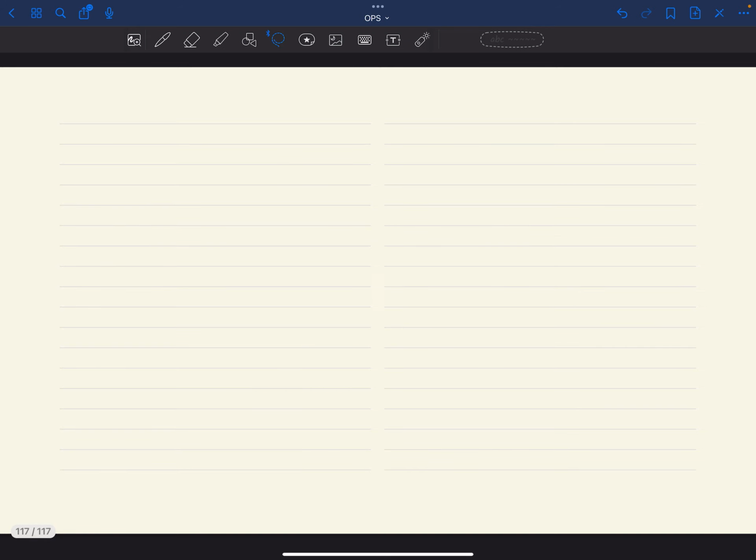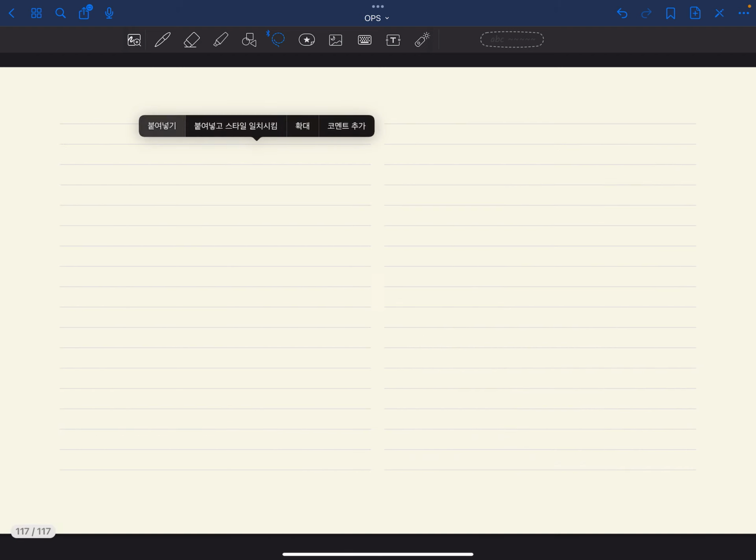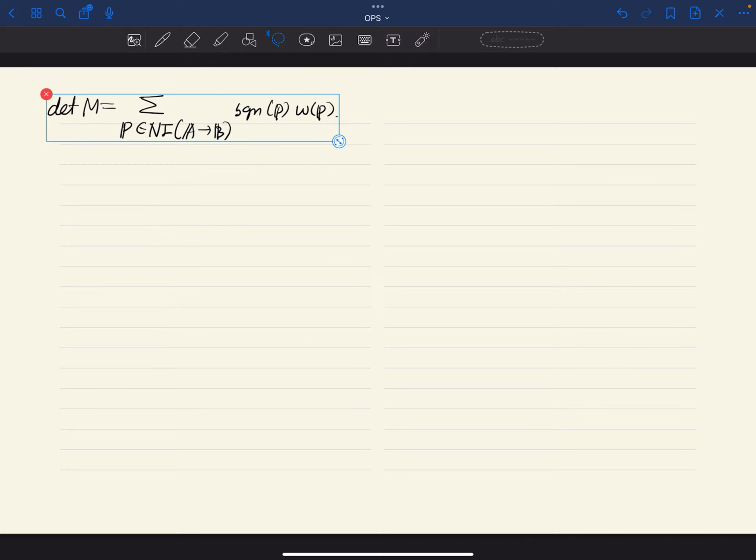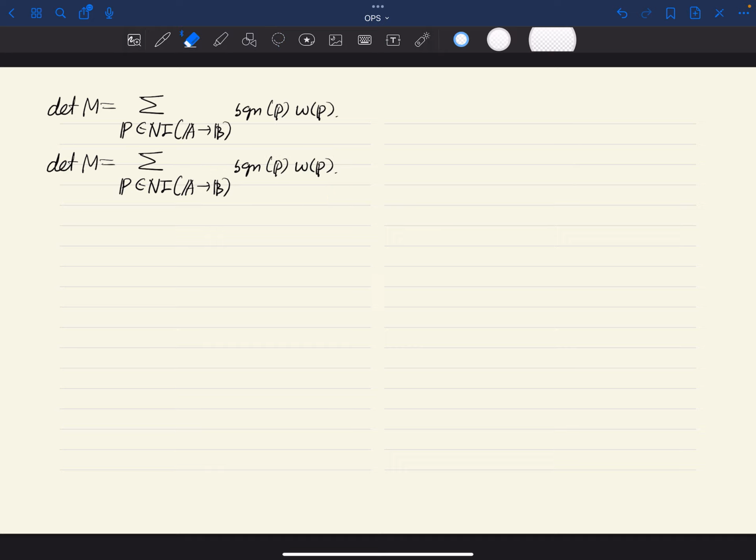That means this can be rewritten, we can rewrite this just like this. So all paths, it doesn't matter, because everything is just non-intersecting. But let me rewrite this. This means the ending points can be permitted in any way. We have the sign,